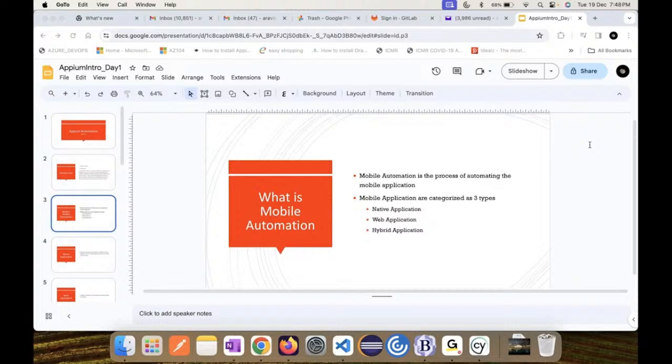There is no huge difference, only the setup. So to answer you, Sai, in short, yes, we use the Mac machine. Don't worry about it.